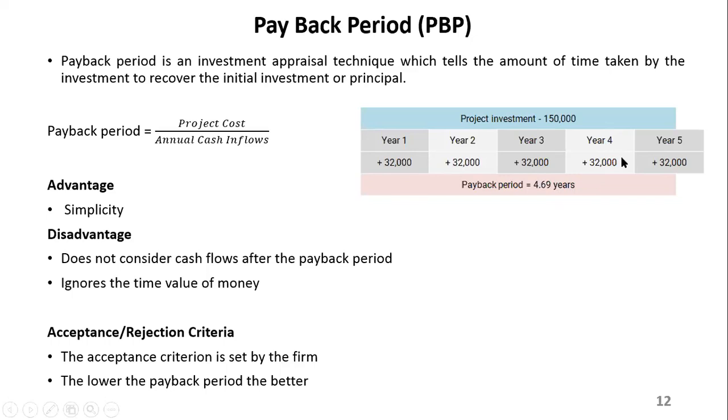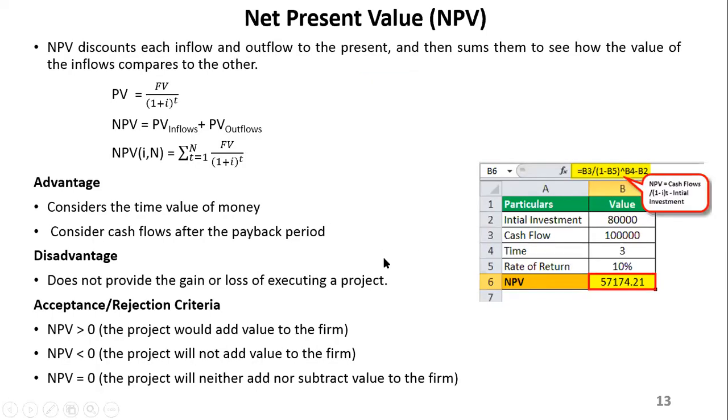Okay. So the payback period should be somewhere between 4 and 5 years. This is quite simple. I'm sure you guys should be able to understand that. And the other one is NPV. The NPV is basically a sum of all the present values for all the inflows and also the outflows. It's as simple as that. So all your inflows, you convert them into their present values. Once you get them for both inflows and outflows, then you sum them up together. That should give you your NPV, your net present value.